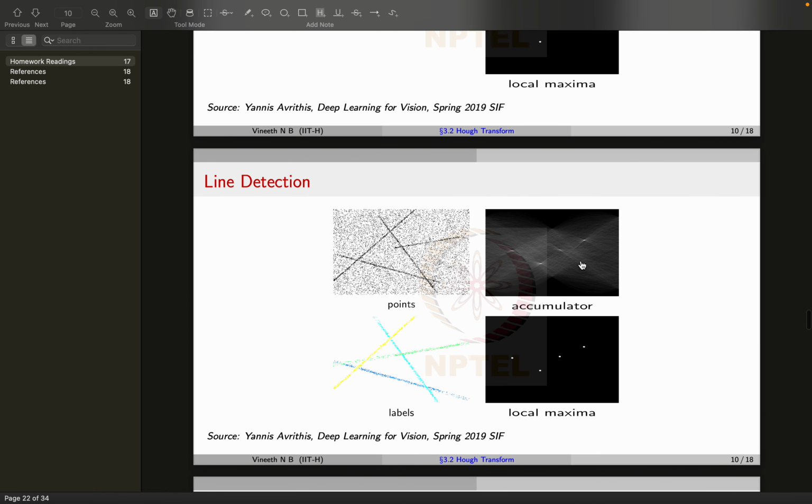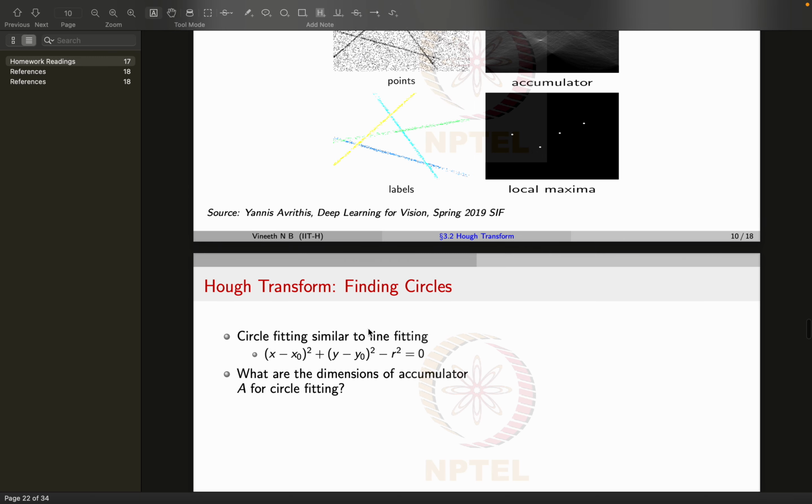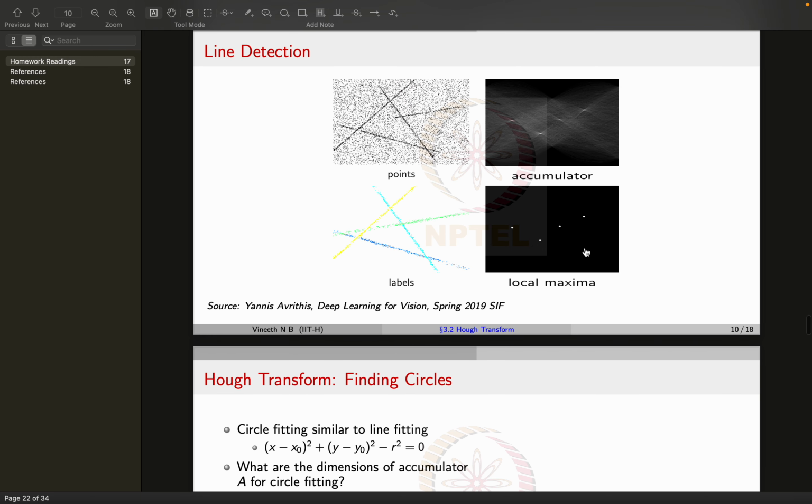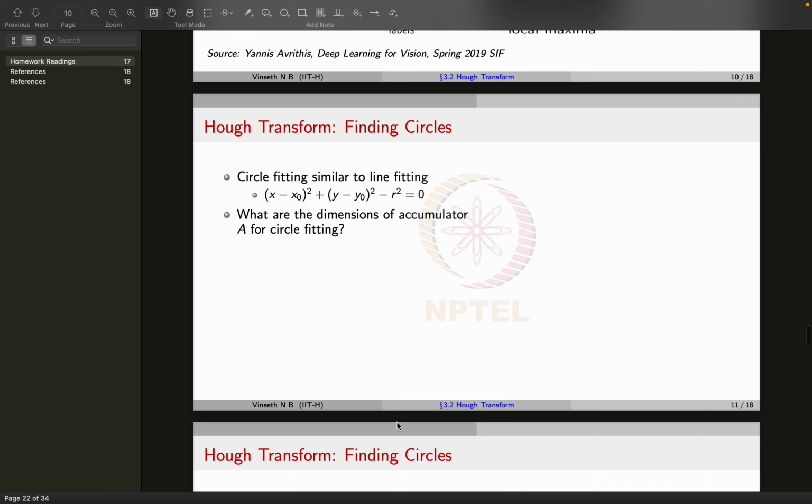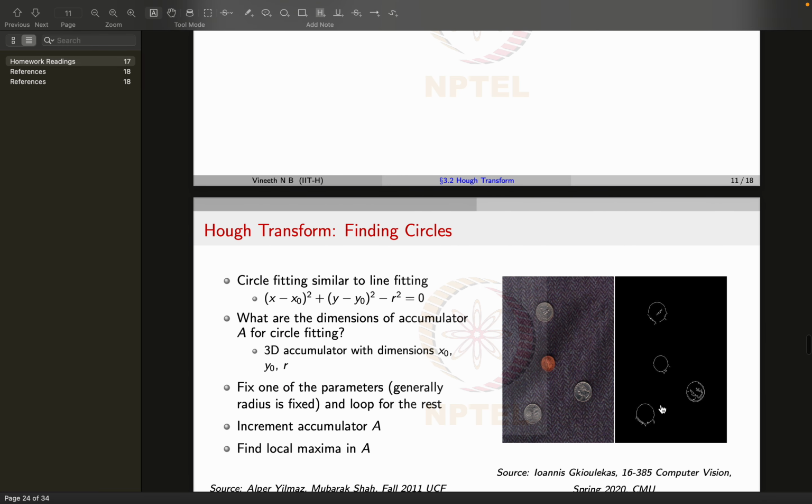So instead of the 2D array here, you would actually have a 3D array corresponding to the three parameters x naught, y naught, and r. And in that 3D array, you identify the local maxima, and those points in the 3D array will give us the x naught, y naught, and r. So if you use that x naught, y naught, and r identified there and draw them, you would have identified the circles. So if you have any kind of parametric model, any shape for that matter, not just a circle,